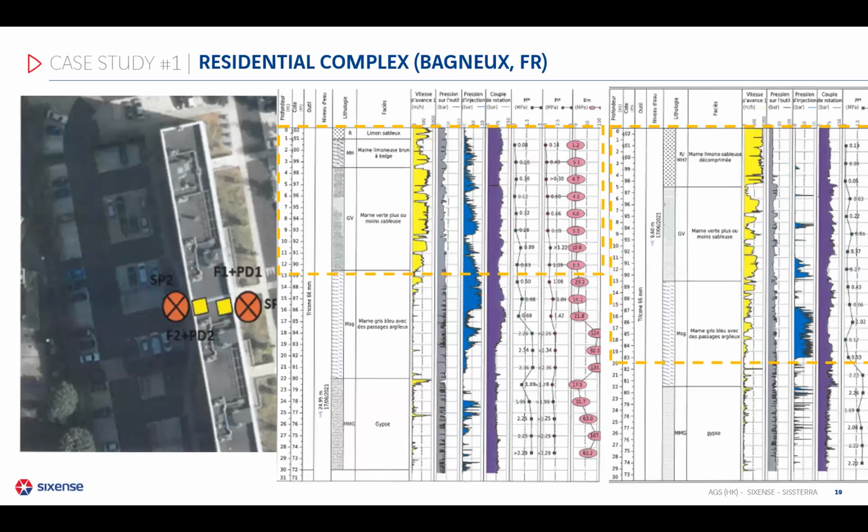So 2 boreholes were drilled on both sides of the building at locations where the Sissterra survey revealed different depths of the competent materials, to have in situ evaluation of the soil properties. So the drilling logs revealed that the different geological layers were found at similar depths. I mean, the marl layer that we observe at minus 13 meters is found in both boreholes at the same depths,